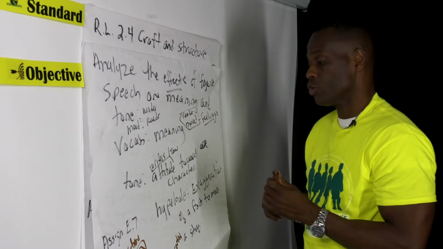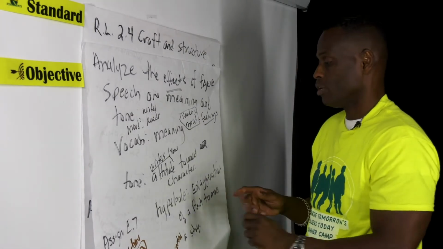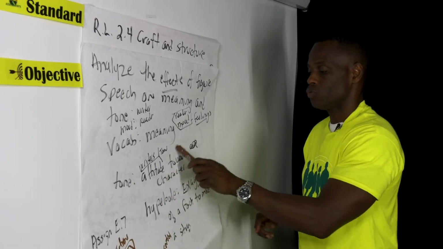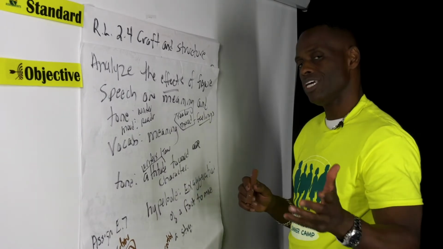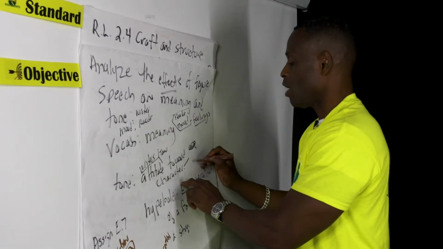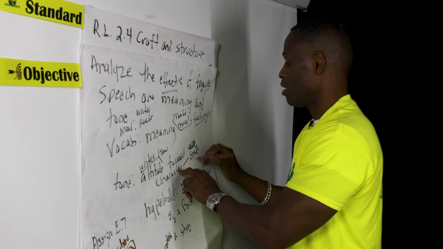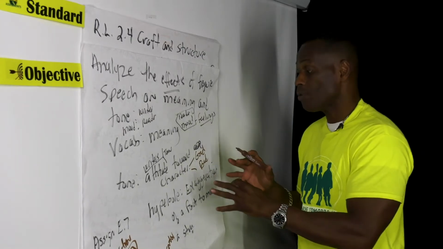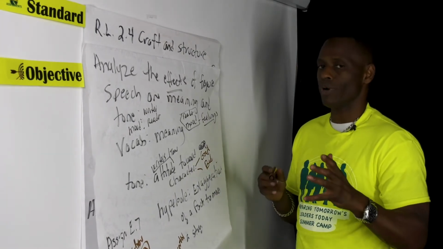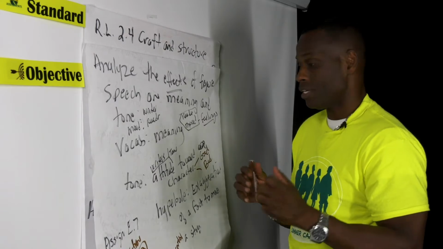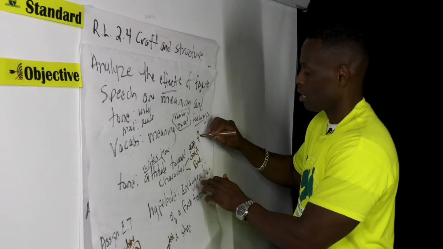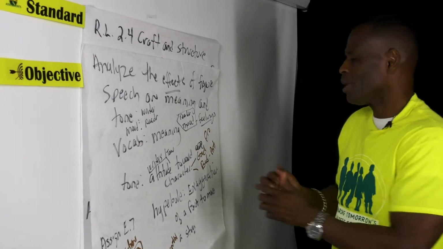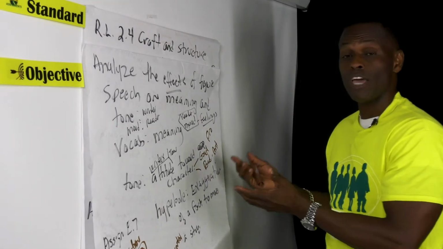So you want to make sure that you as the reader identify what is the attitude that's being conveyed by the author through the tone of the text toward particular characters. It's important that you then, within that, identify if the author has a good guy or a bad guy within the confines of the text, or a group of good guys and a group of bad guys. Very important. So in literary speaking, that would be your protagonist, and here's your antagonist. So the protagonist is the good guy. And you may have more than one good guy, and the antagonist, you may have more than one bad guy.